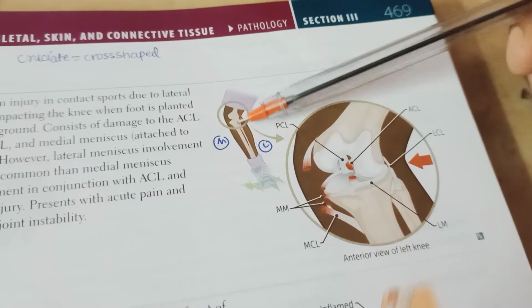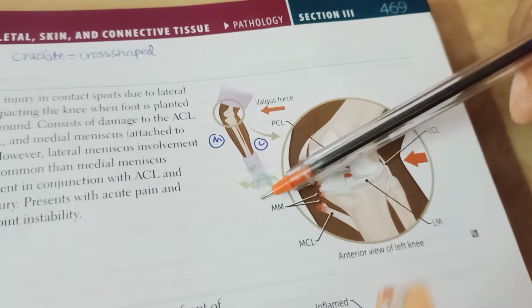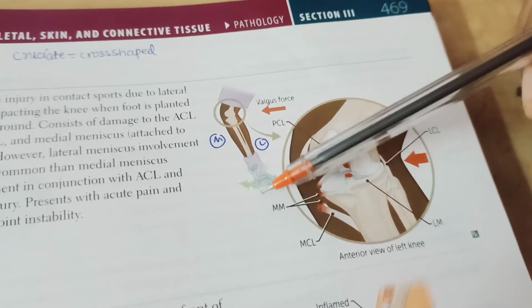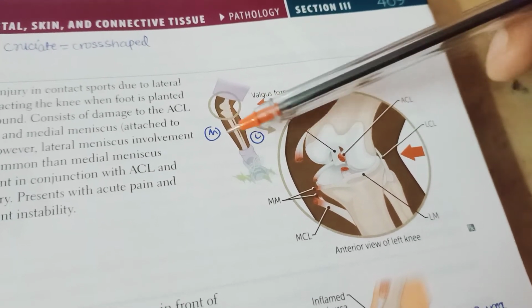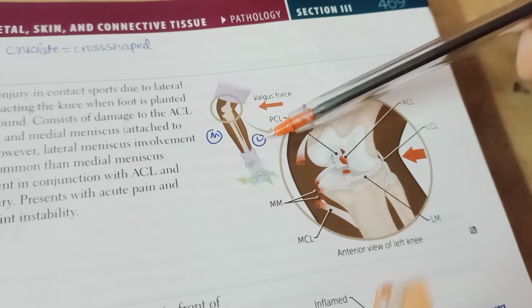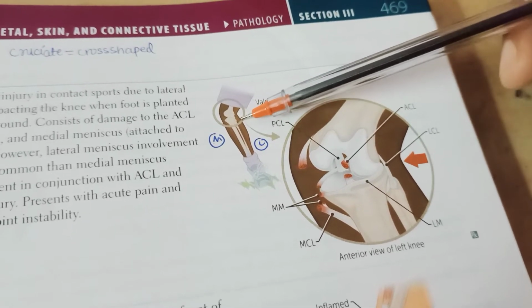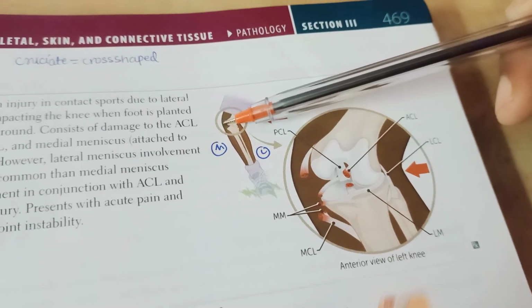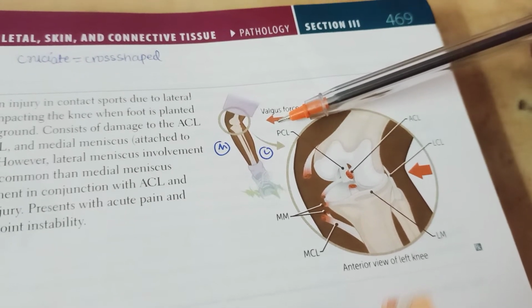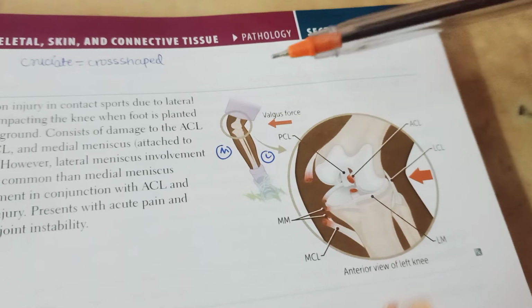For example, you can see here this is a person with the leg planted towards the ground, and you can see here the force is coming from the lateral side. This is the medial side of the leg, this is the lateral side. In the lateral side the force is called valgus force. If you remember, in the medial side the force is called varus force. Here the force is valgus force because it is coming from the lateral side, and the main thing here is